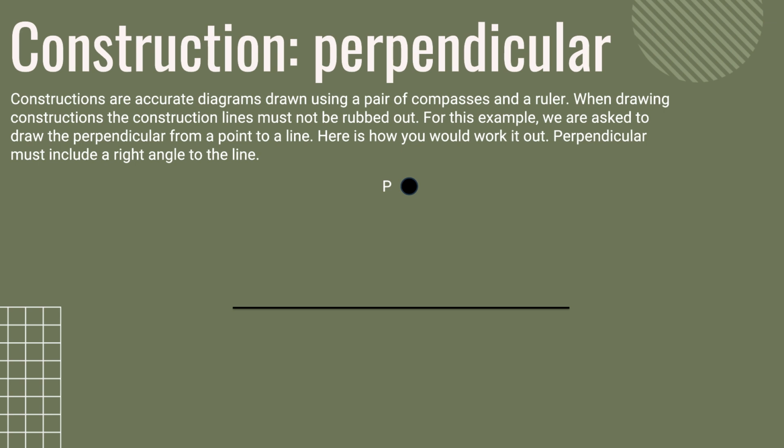So, here we have point P, and we must draw 2 curves using the compass that intersect our line below. So, we draw one curve here, and we draw another curve here. This is where it intersects. Make sure your curves are pretty wide. Then we draw a curve which is below P all the way down on a straight line,